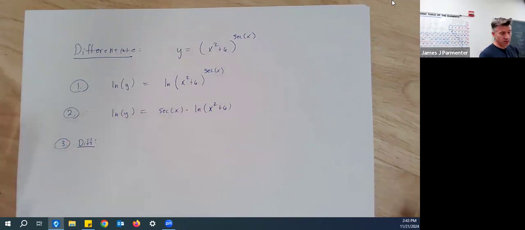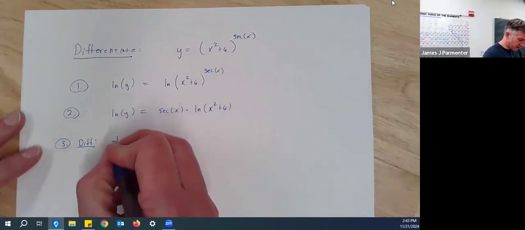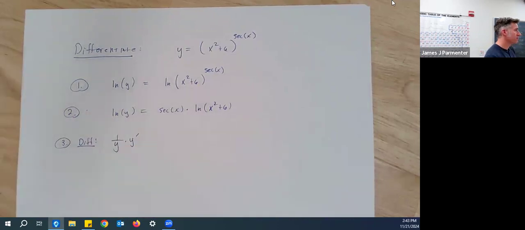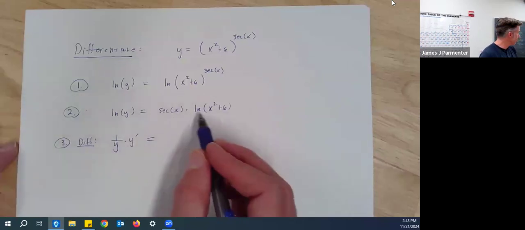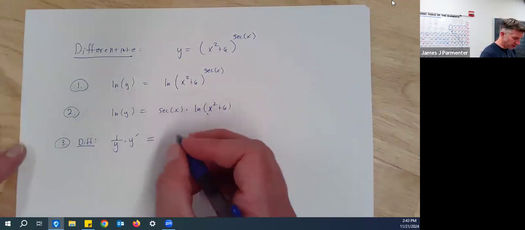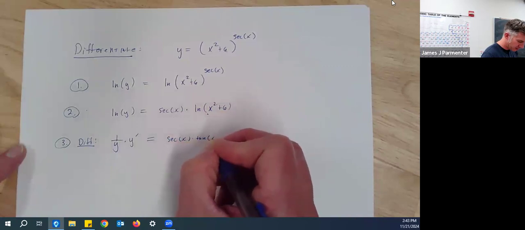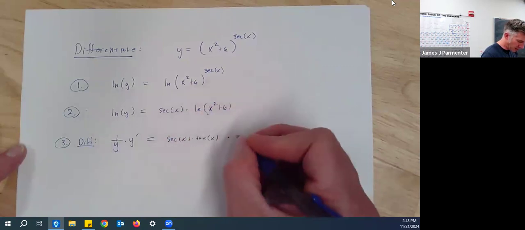On the left side, you're almost always going to have the natural log of y, and you're going to differentiate that implicitly, and you're always going to get 1 over your stuff times the derivative of your stuff. On the right side, product rule. You have a function of x times a function of x. So we're going to do the derivative of secant, which is secant of x times tangent of x, times the other function left alone,